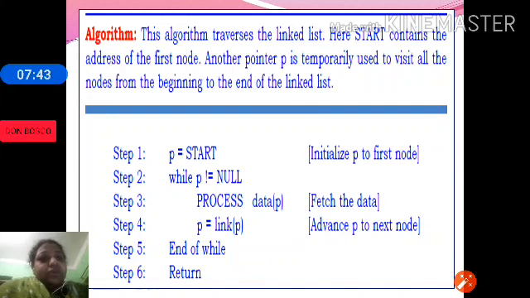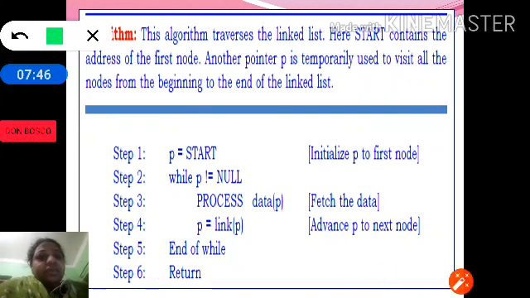If P is not equal to null, then we process the data which is in P and then we make P move to the next node. P is equal to link of P.